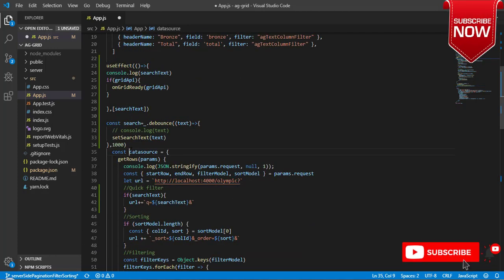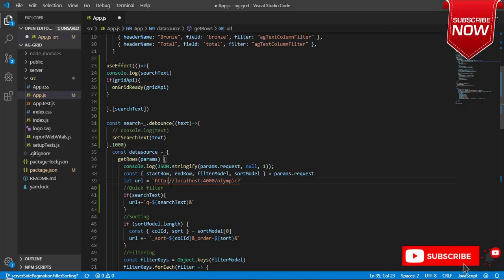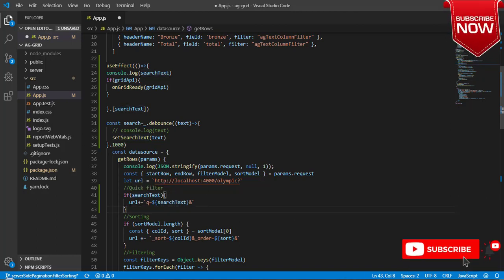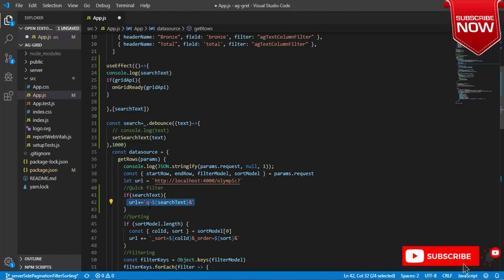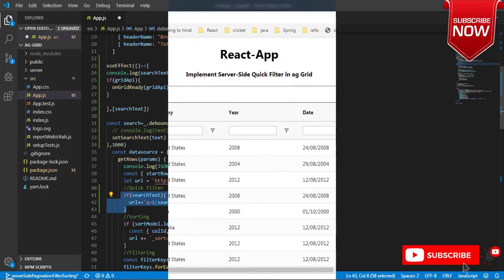This data source we have defined at the top, and now here I am checking the value of search text. That means if something is there, it has to modify the URL and pass q equal to that value itself. Otherwise it doesn't have to pass anything.